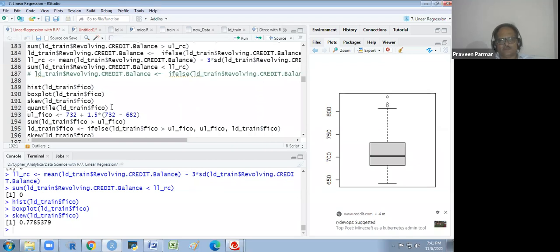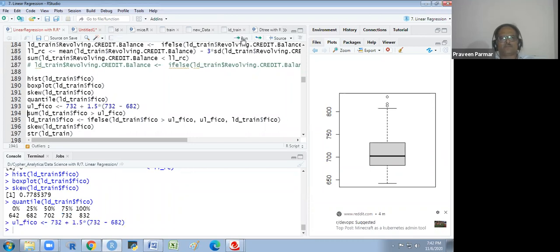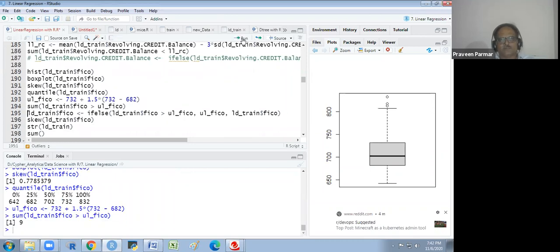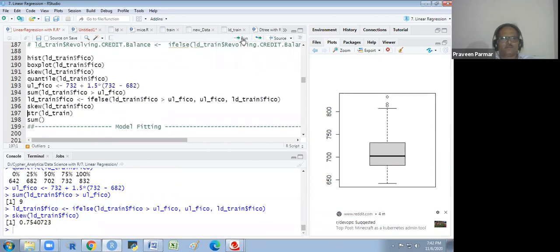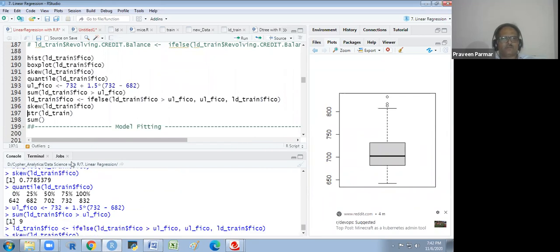And it is positive skewed, so I will take the quantile first, and I'm getting this quantile. So I'm taking 732 plus 1.5, 732 minus 682. So it's okay. I see how many are there now. 9 are there, so I will do it. And then I see the skewness is 0.75, which was previously I think 0.77. It reduced a little bit because we have adjusted it. And now I show you this